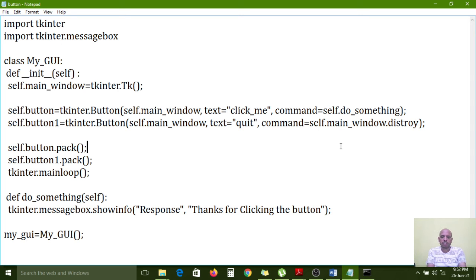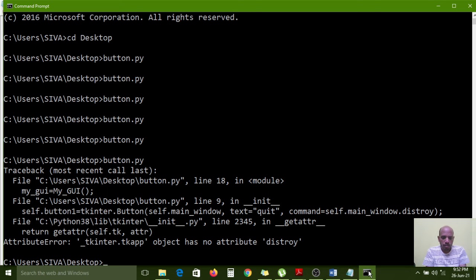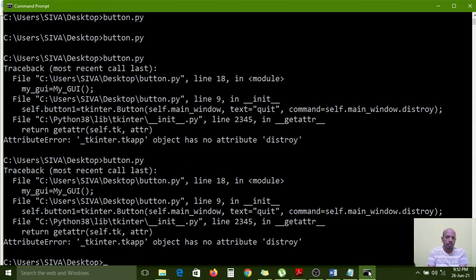I am saving this one. Init method, get attribute, my GUI, right? Command self.main_window.destroy. So the error says no attribute destroy. Tkinter.Tk object has no attribute destroy. Why?